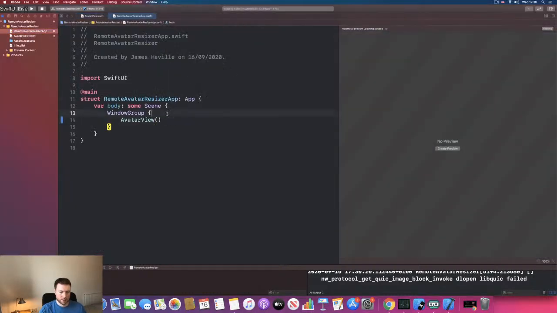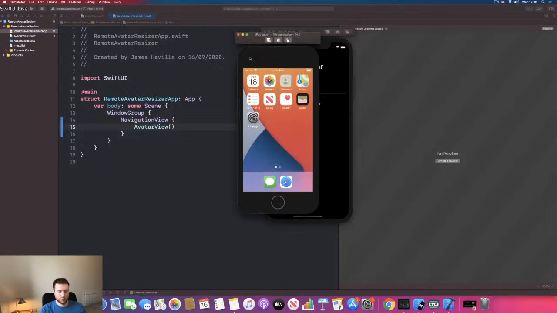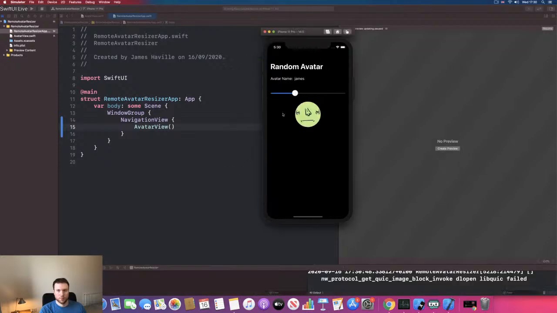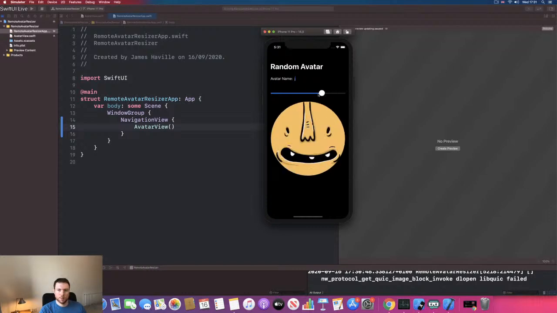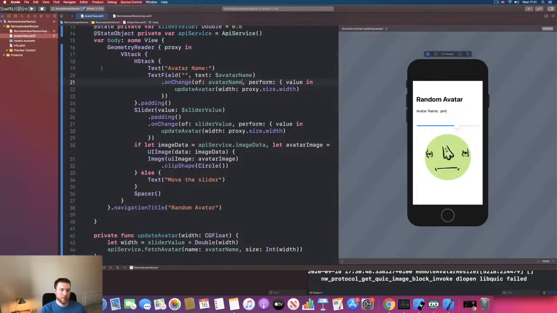And looks like we're missing our navigation view here, so let's wrap that in that. So there we go. And I think that took less than 20 minutes, and I'm pretty sure with UIKit that would have taken a lot longer. So I'm pretty happy with that, and I hope it shows just the potential of SwiftUI really. And I'll see you all for the next